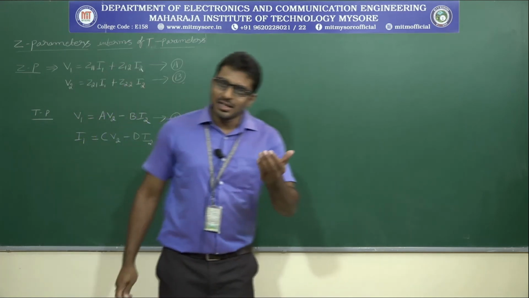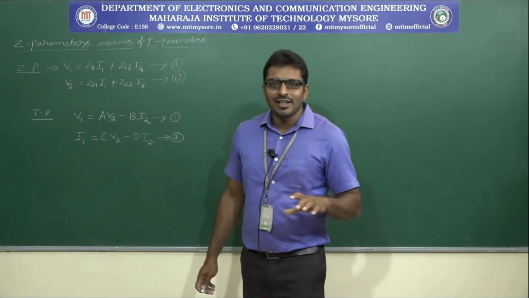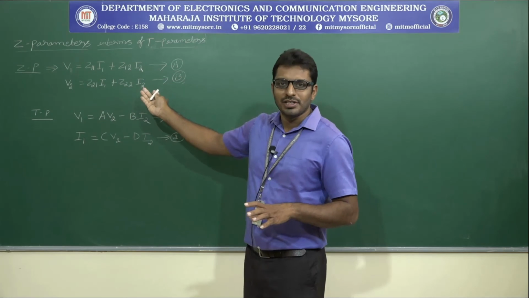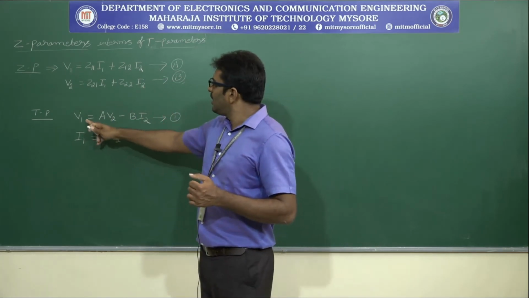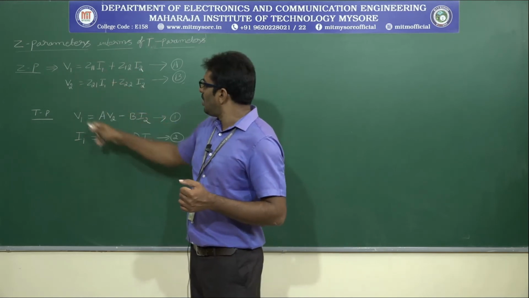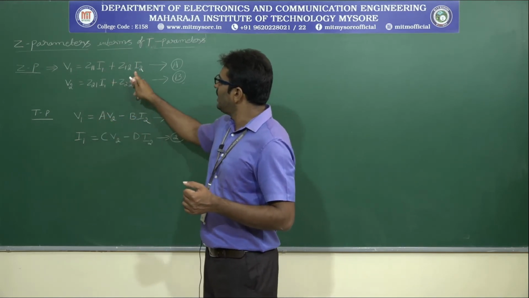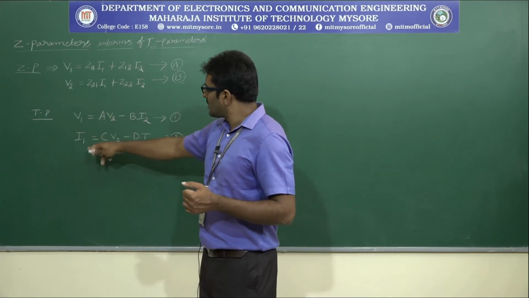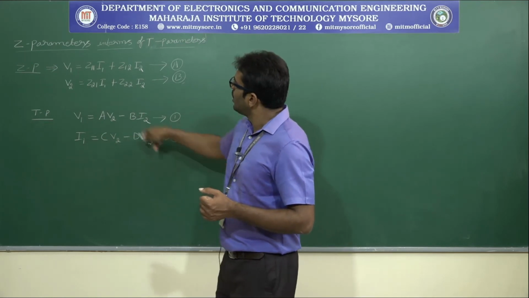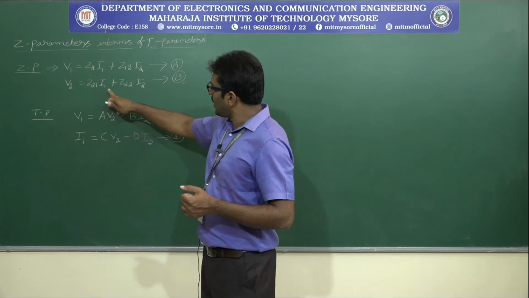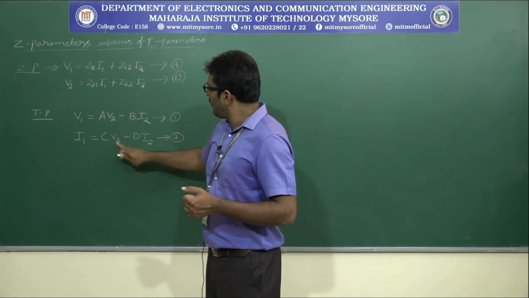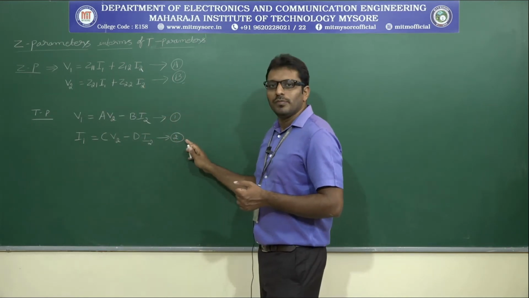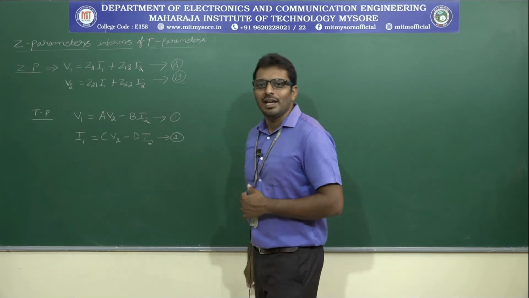We already discussed how to find the interrelationship by comparing the variables with the Z parameters equations in the previous case. What are the variables here? V1, V2, I2. These three variables are not all present in equation A. Just compare with equation B: V1, no. Consider the second equation: I1, yes, it is there. V2, yes, it is there. I2, yes. So we can consider equation 2, rearrange, and compare with equation B.